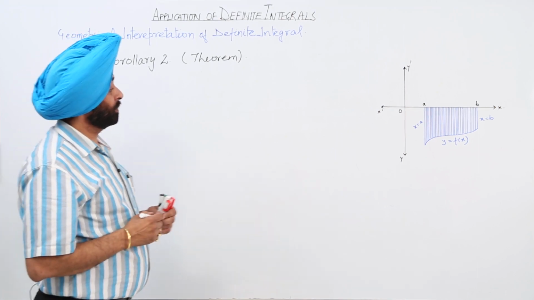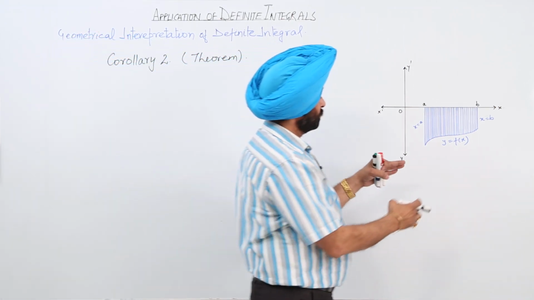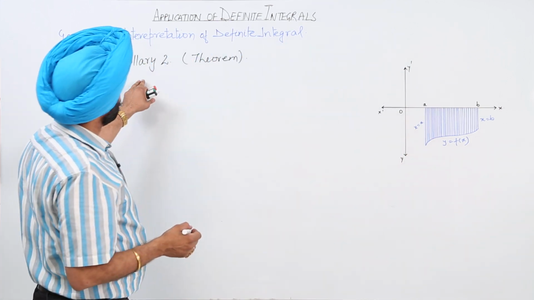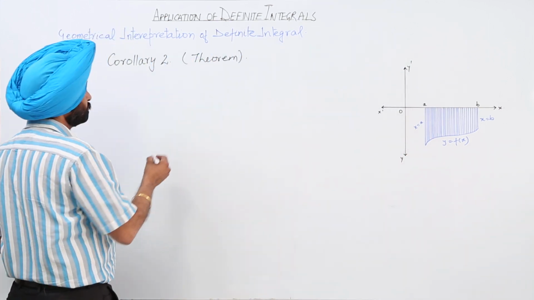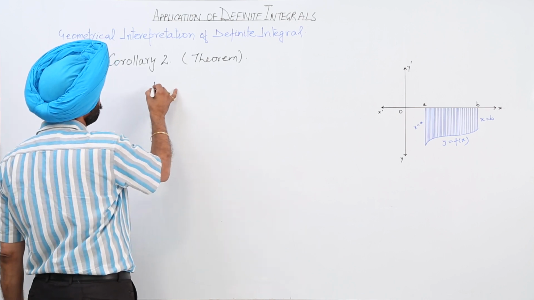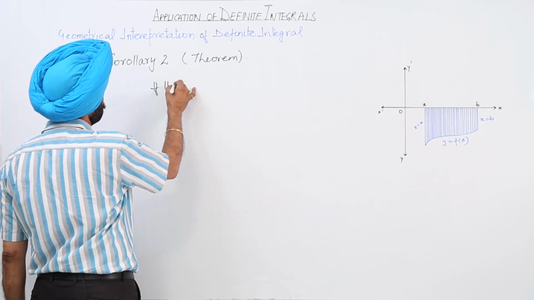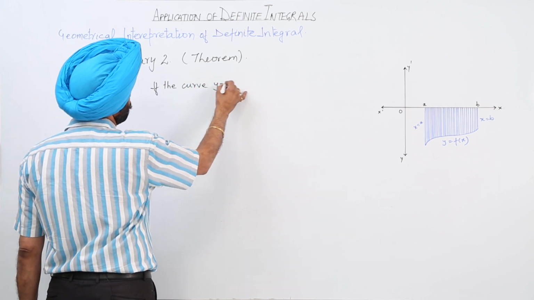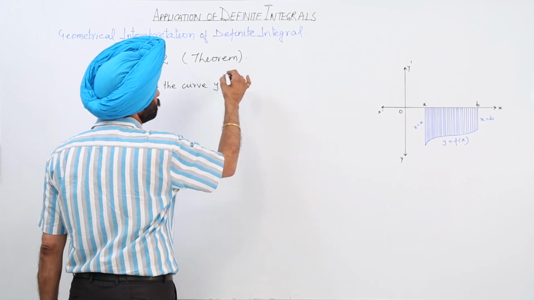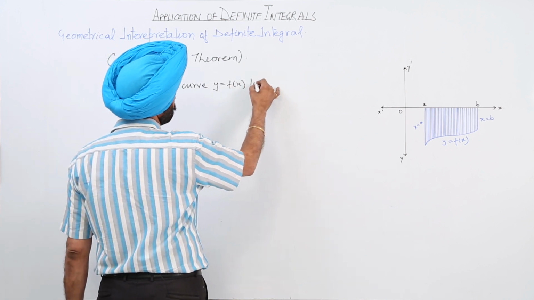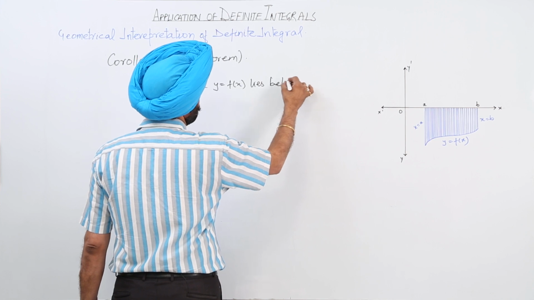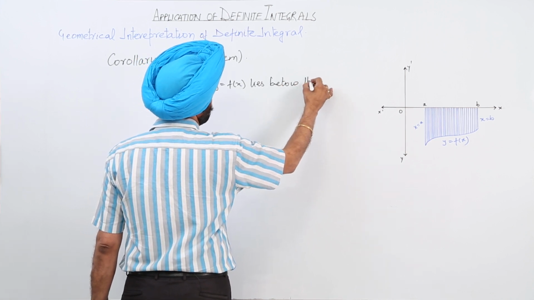Now in this figure, where the curve is below the x-axis. Okay, so corollary 2 for the theorem is, if the curve y is equal to f(x) lies below the x-axis,